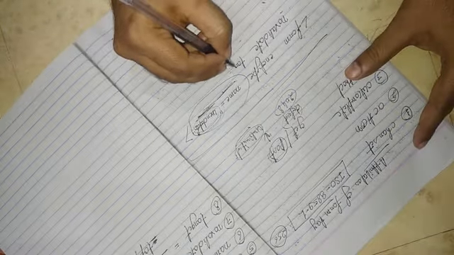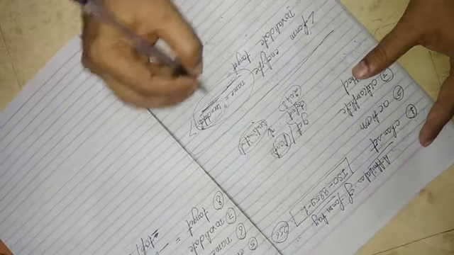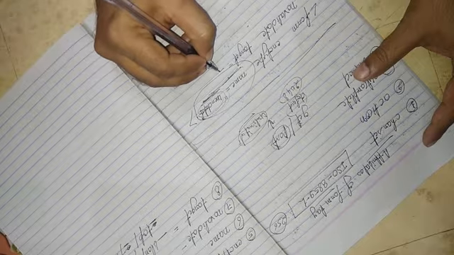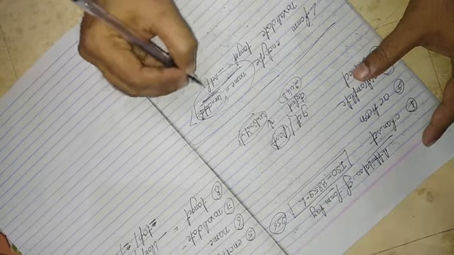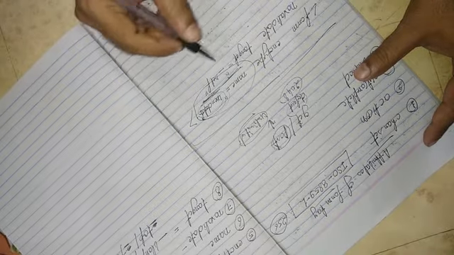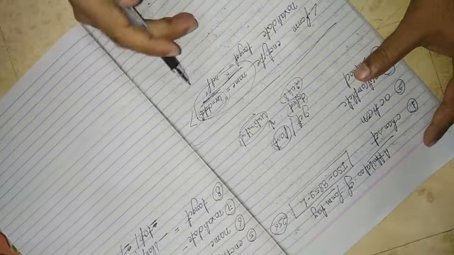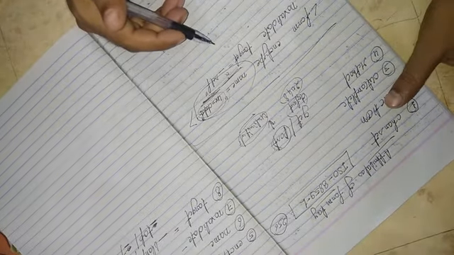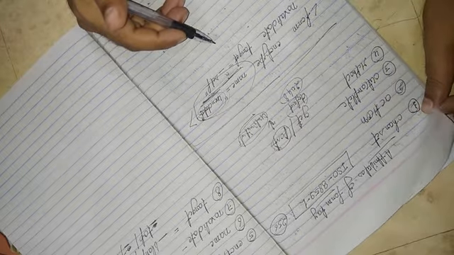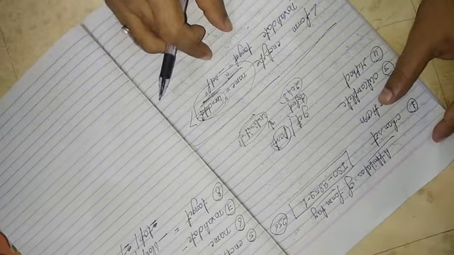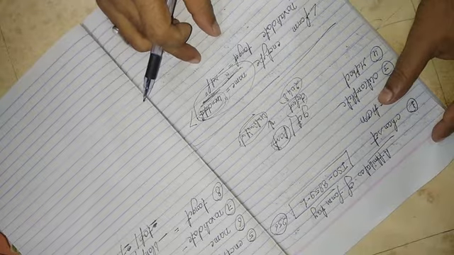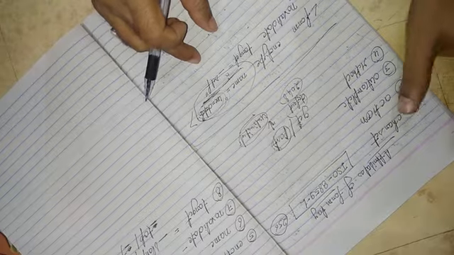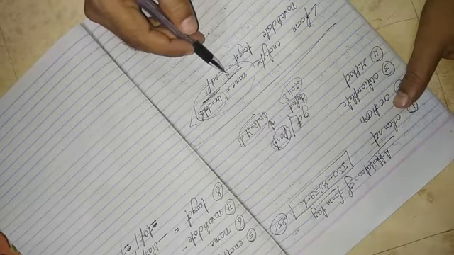Suppose you are giving target is equal to underscore self. So what will be the effect of this? Whenever a user enters the data in the form and clicks on the submit button, whatever response is sent by the server will be displayed on the same web page, the same window on which your web page is displaying. On the same window, the response of the server will be displayed.